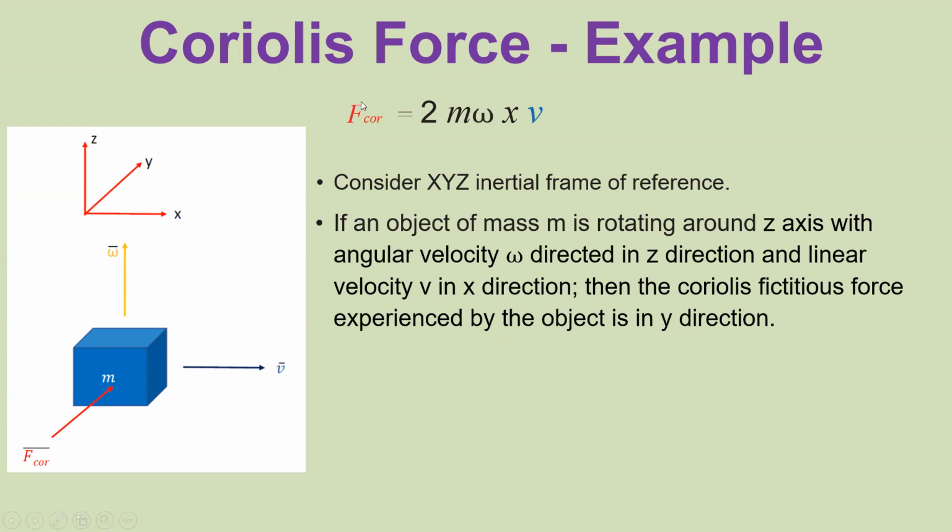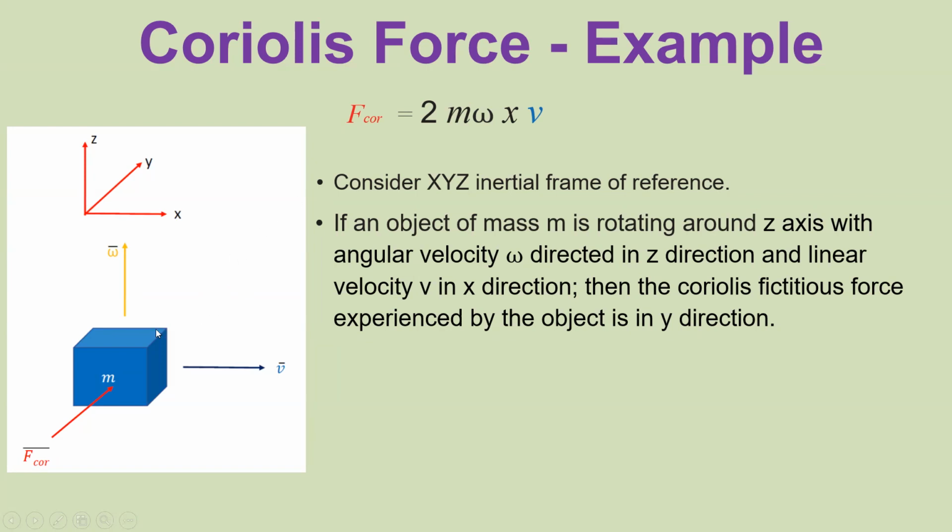Then from the equation that you learned ago, the Coriolis force for this object can be obtained by using this equation 2m omega cross v. So omega is this, v is this. So apply the right hand rule. Apply the right hand rule from omega to v. If you apply the right hand rule, then